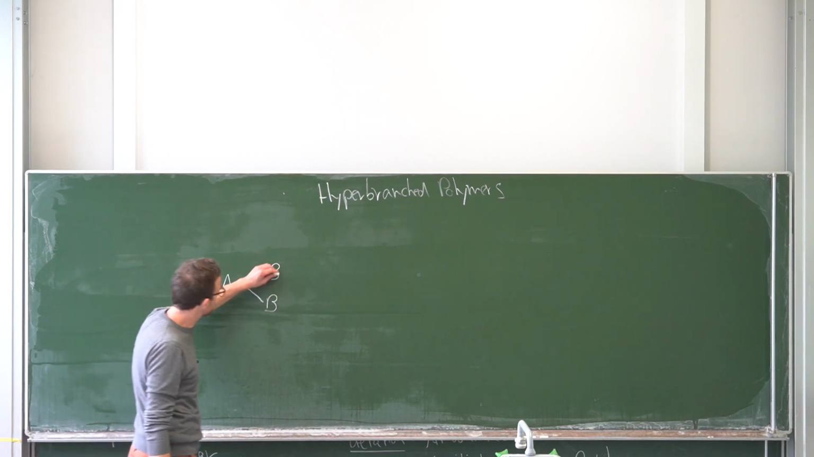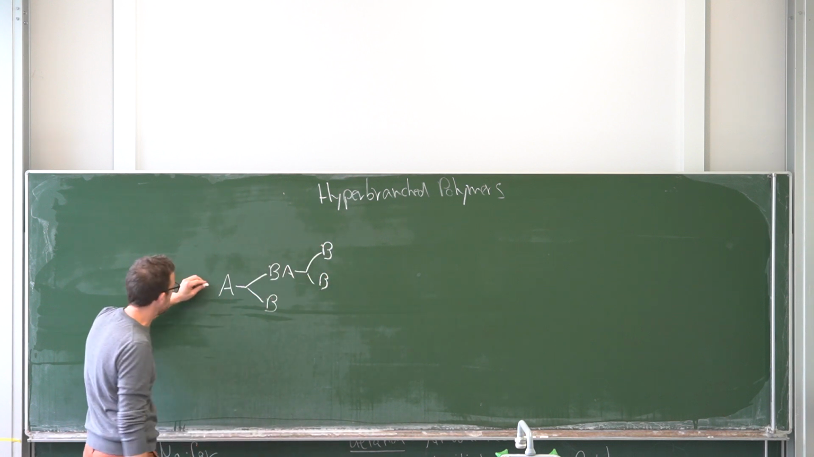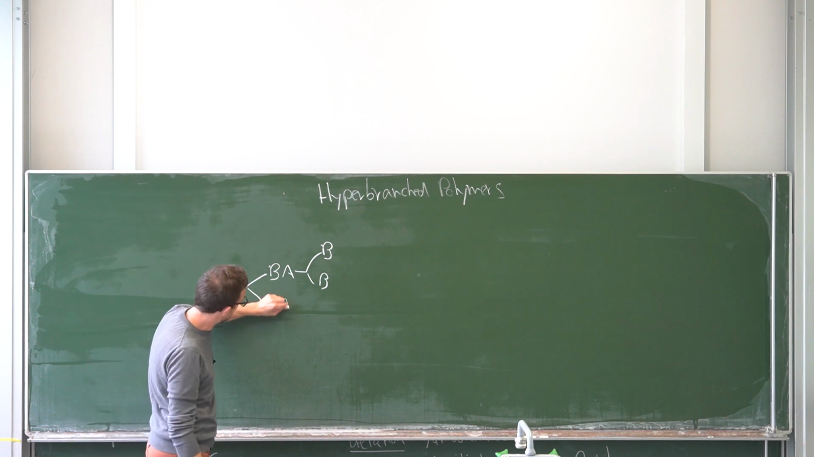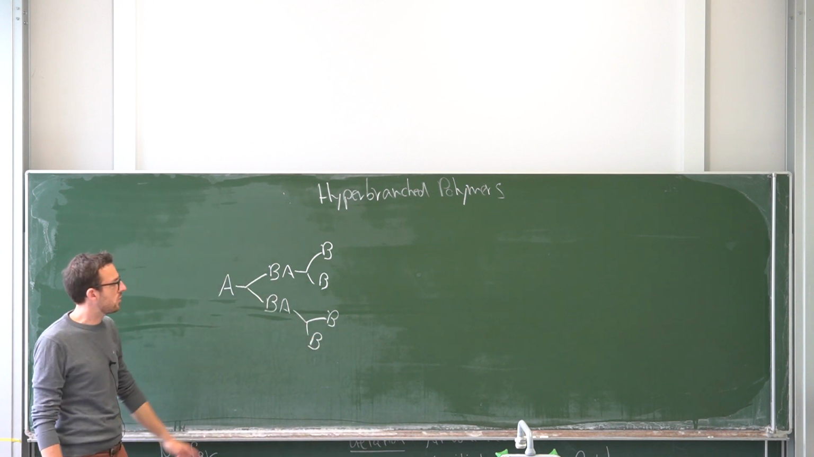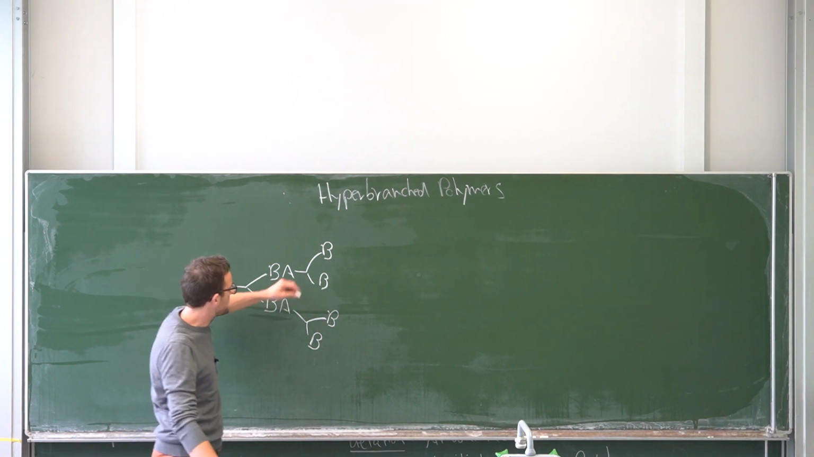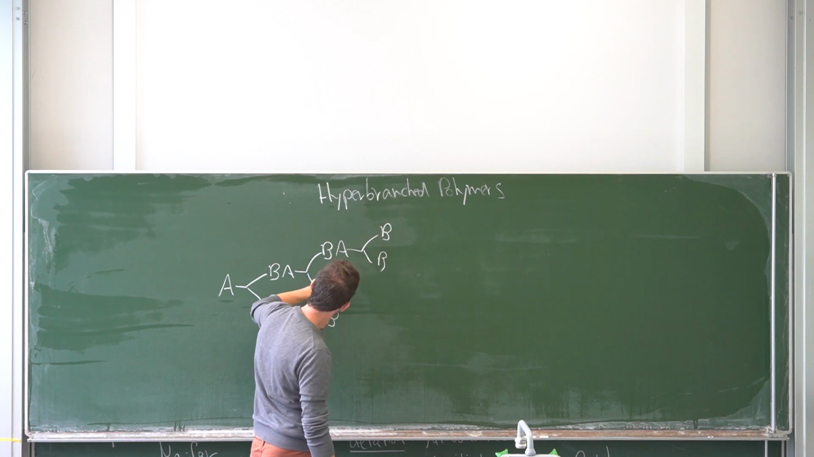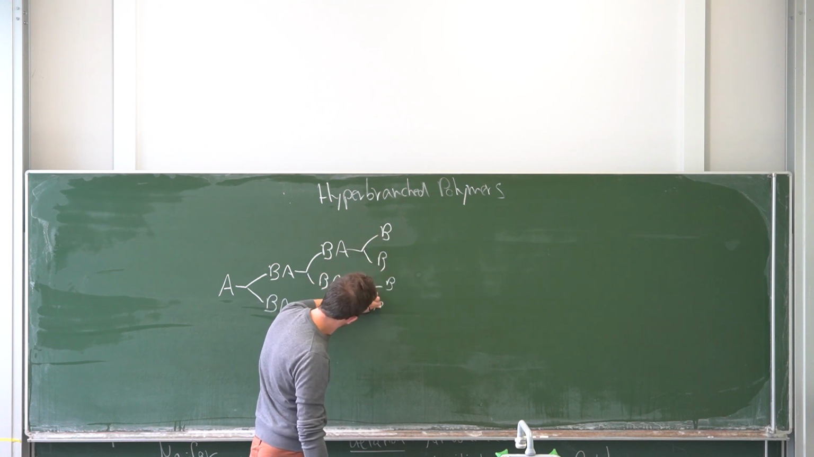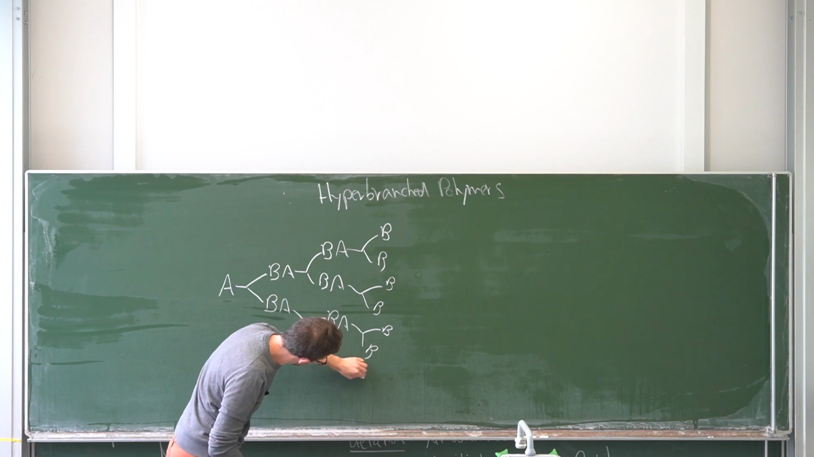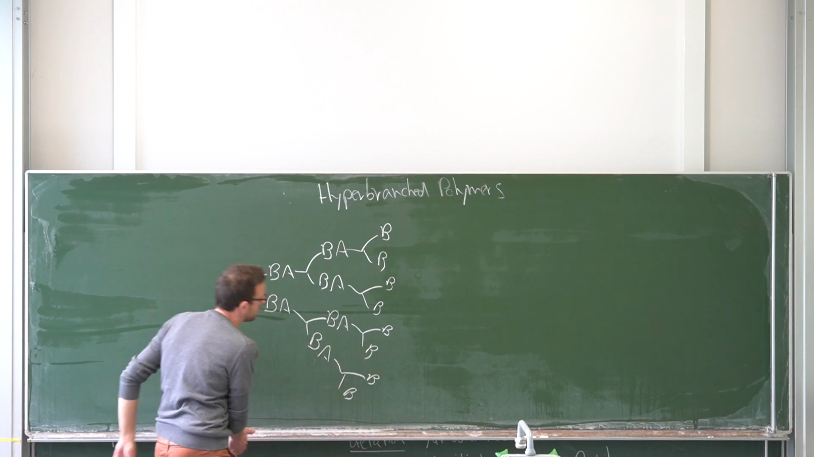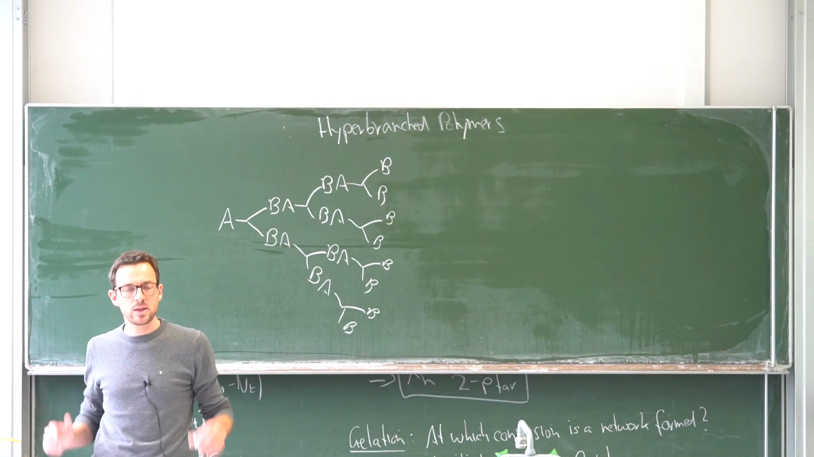So A reacts with B. Maybe here as well. But let's just focus on this one here. On the first set of reactions, we already created 4 B's out of 2 B's. If we continue this reaction, this can of course react with an A again. And you see that with each reaction, we increase the number of B groups because there's never enough A groups